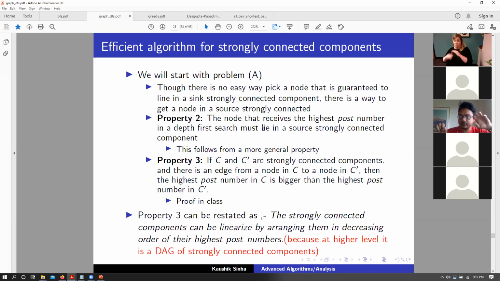So if we always cover C first, then we would also cover C prime, because C and C prime are 2 connected SCCs with an edge from C to C prime. So if we start from C, it would cover C and C prime. However, if we reverse those edges and again start from C, it would only cover C, because C is still a strongly connected component, but it would